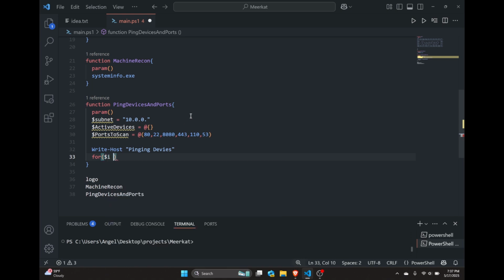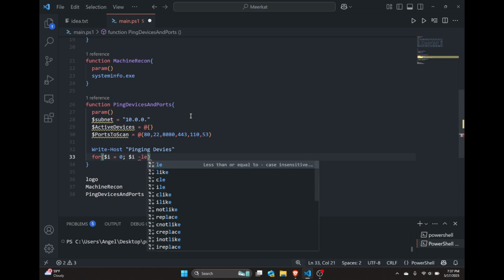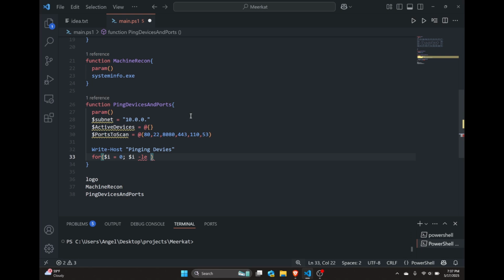So we're going to write a for loop. Other programming languages usually use these signs, but PowerShell is different. It uses characters. So I'm not really a big fan of them, but that's what they decided to do. Alright, so I is going to act as this. The maximum number of IPs is 254, so that's the maximum. And what we're going to do is do that, and if